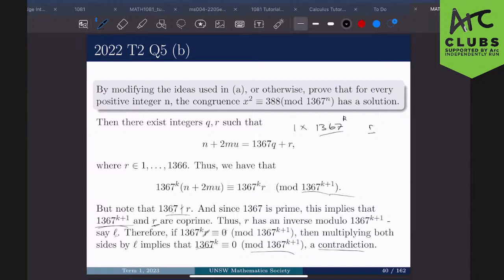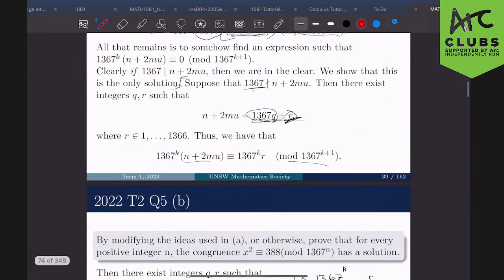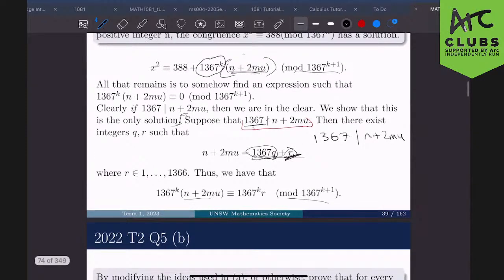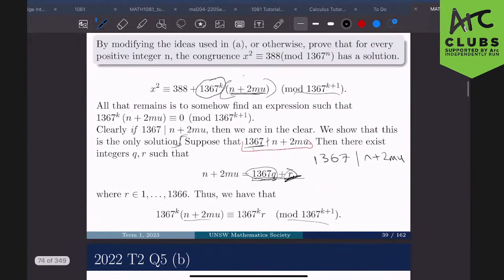And because it's co-prime, we have the inverse modulo, and then you find that you have this contradicting statement, which means that our initial assumption was wrong, which means that 1367 will divide n plus 2 mu, and because it does divide n plus 2 mu, you can see